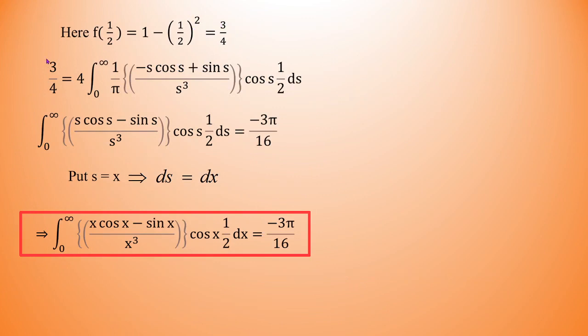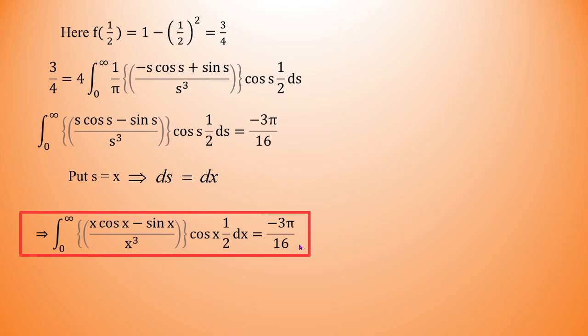So we will put that value of f of 1 by 2 over here on the left hand side. We have such type of expression, just rearranging the terms. So we will have such an integral. This is nothing but the desired result. But the only thing is that here we want x in place of s. So according to the requirement, we will do the replacement that is allowed. Just replace s by x. So we will have such an expression, and this is nothing but the desired value of the given integral. So in this way, one can find the value of an integral just by making use of the concept of the inverse Fourier transform. I hope this problem is clear to you all.